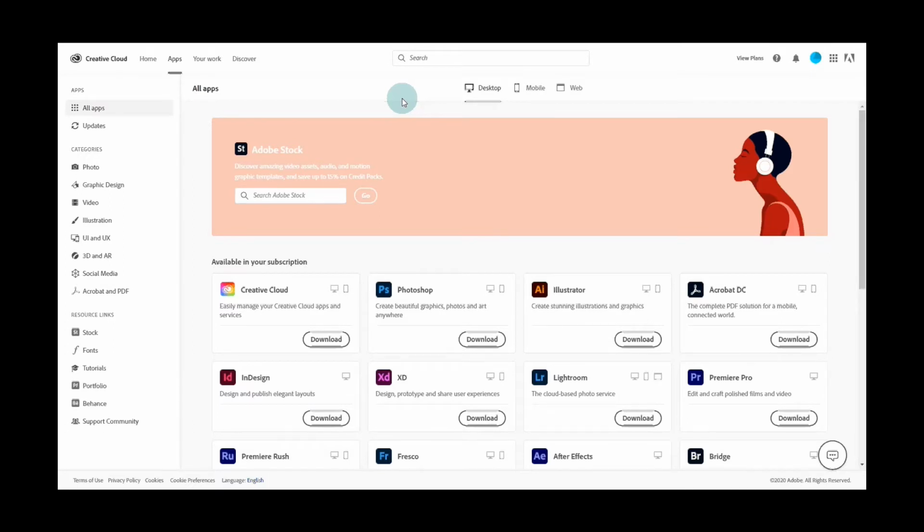Okay, so I'm just going to give you a quick brief overview of how to use Adobe Portfolio for putting your work together. If you go into Creative Cloud, which should appear a bit like this, you'll find that you've got all these different apps that you can use. We'll just ignore that and look on the left hand side, and you've got links here to online resources, which is what Portfolio is. It's not an app, it's an online resource. You can actually get to it another way, but I just wanted to show you how to get to it this way. So if you click on Portfolio,